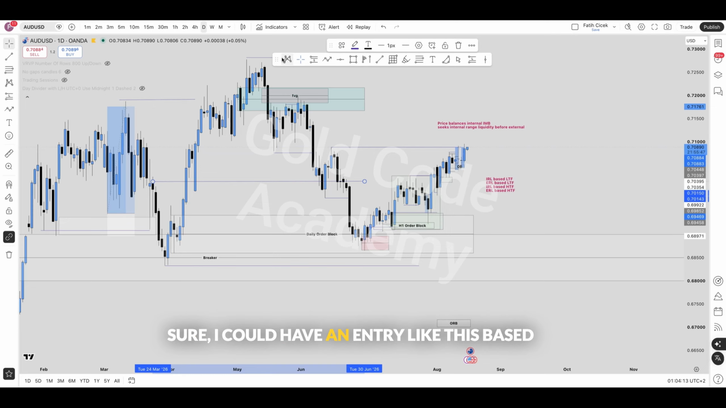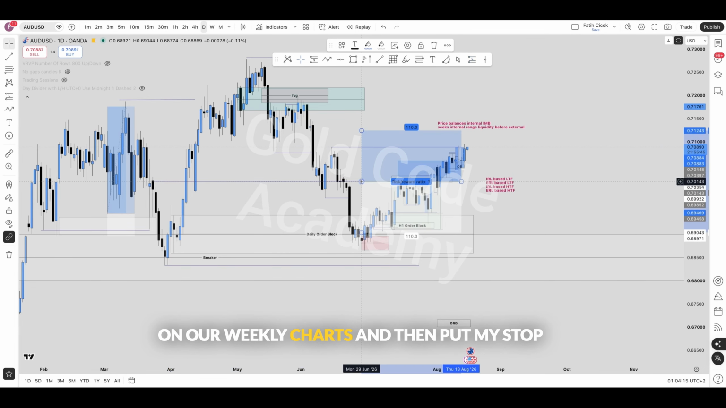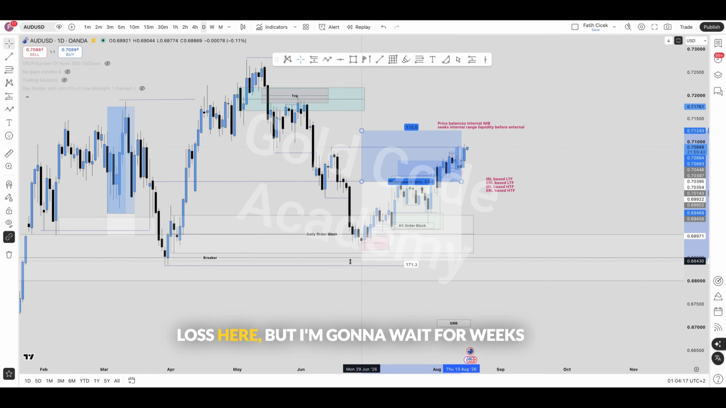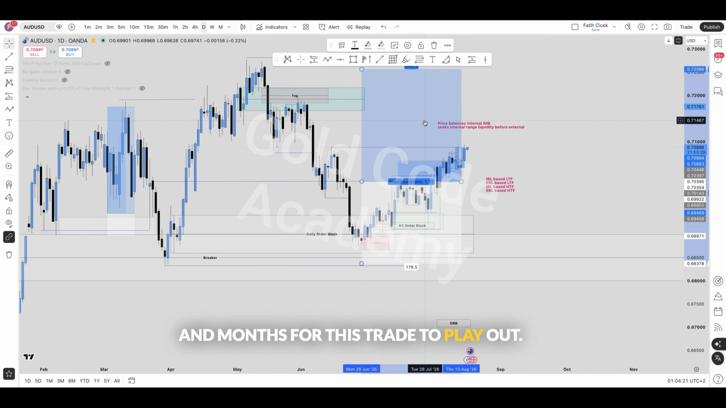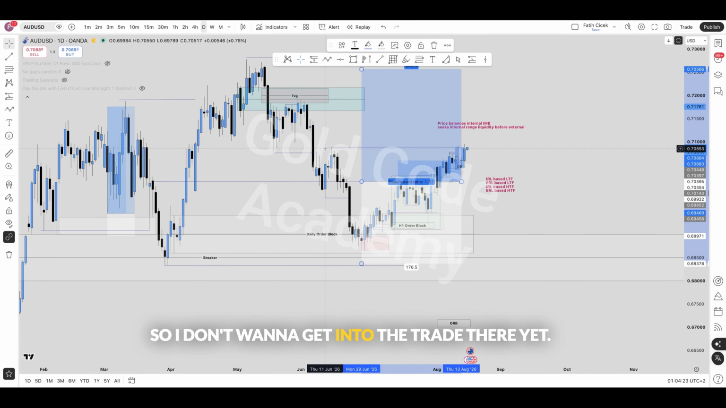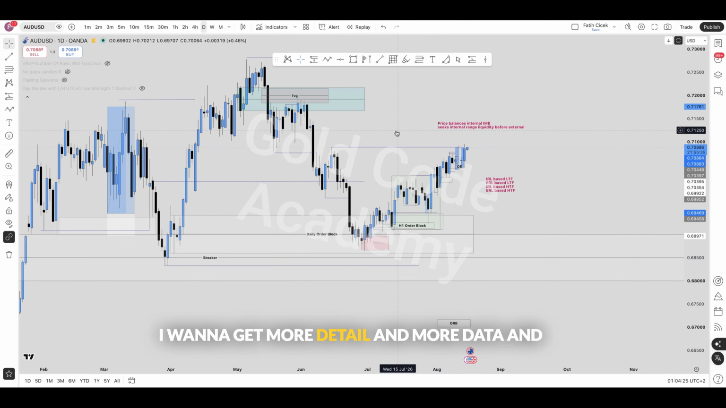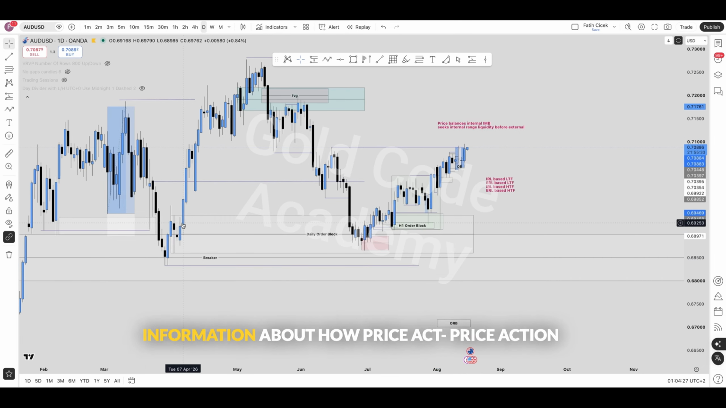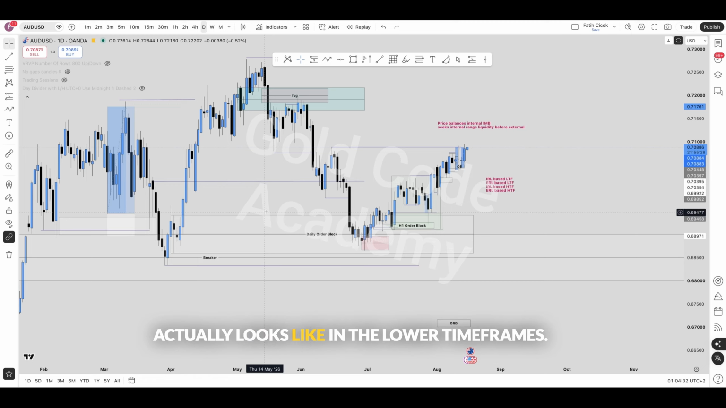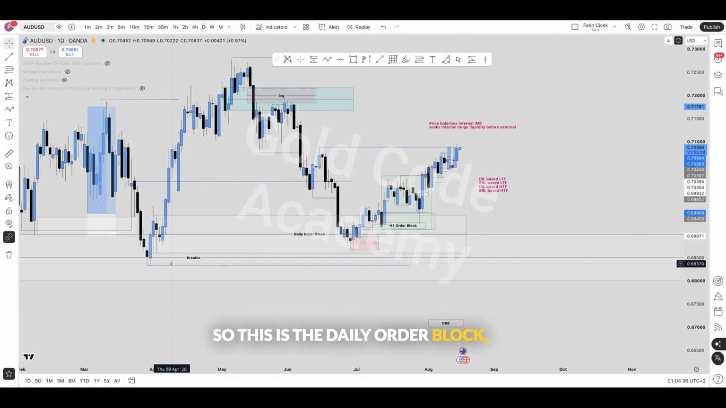Sure, I could have an entry like this based on our weekly charts and then put my stop loss here, but I'm going to wait for weeks and months for this trade to play out. So I don't want to get into the trade there yet. I want to get more detail and more data and information about how price action actually looks like in the lower time frames. So this is the daily order block,